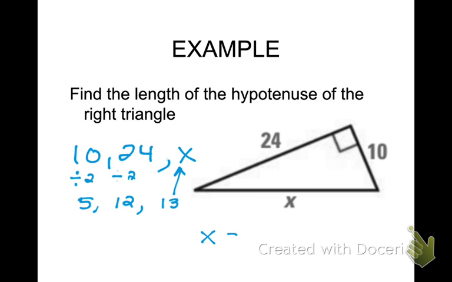26. Could I have gotten there just by doing the Pythagorean theorem, a squared plus b squared equals c squared? Yeah, I could. But sometimes it's nice to just recognize them, especially the 3, 4, 5s. I mean, that one's pretty easy. If you see a 3 and a 4, you know it has to be a 5, right? Okay, so that concludes